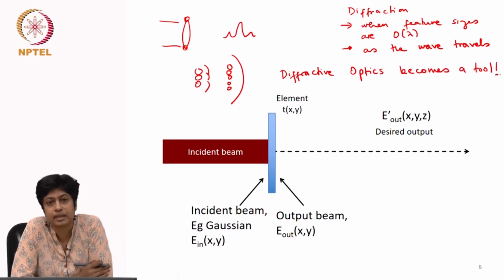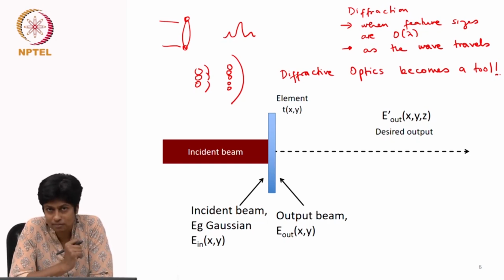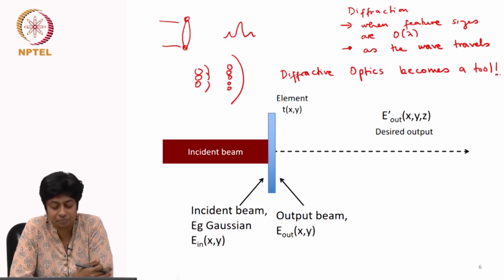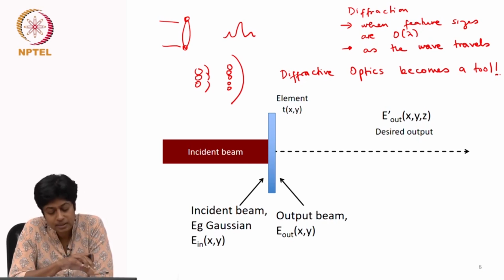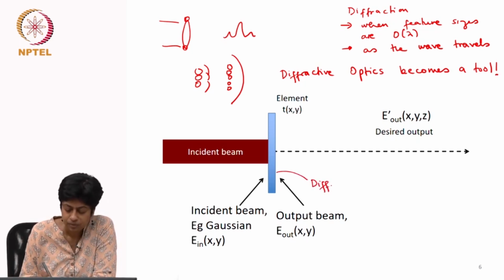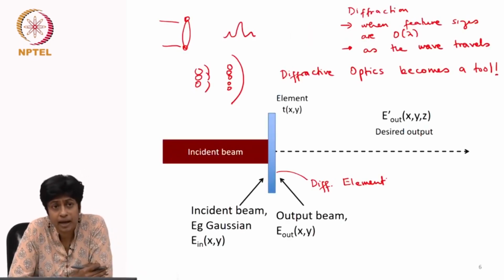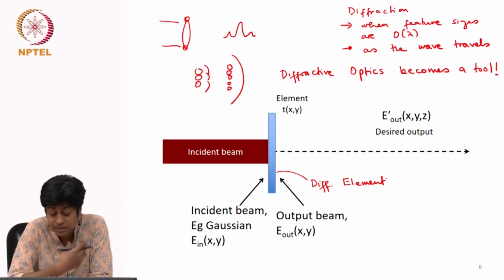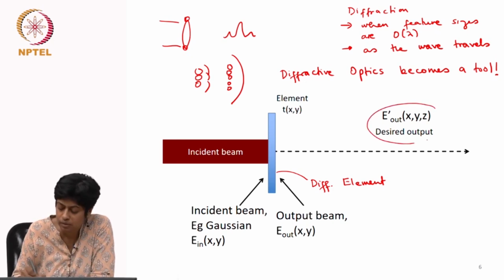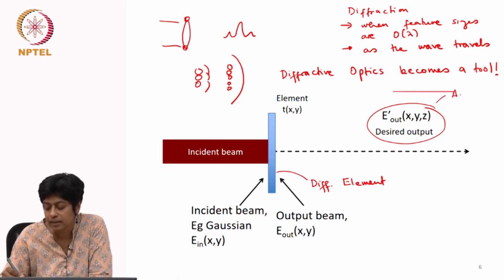Okay. You can think of it as meeting your enemy, your friend, and using that friend. Okay. So think of, you have an incident beam, you now have a diffractive element. This is the diffractive element. We'll see what I mean exactly by the diffractive element. But I'm now going to design this element in such a way that I control the output. I get a desired field. When I say field, I mean a desired amplitude